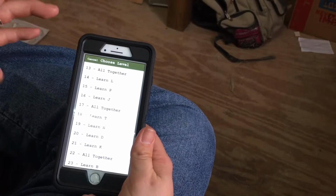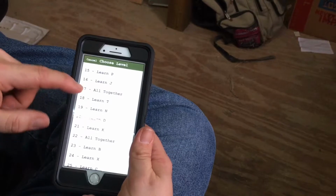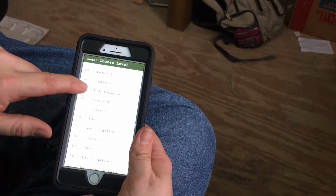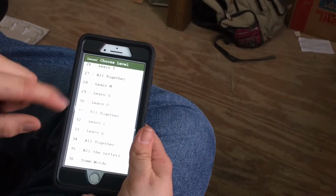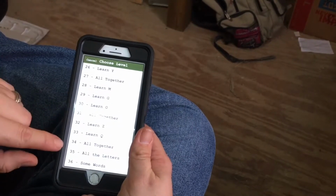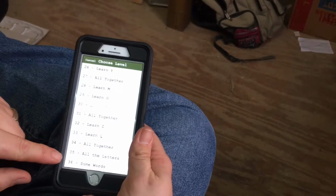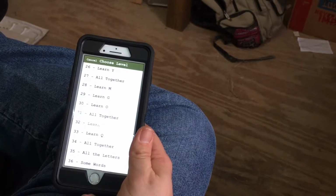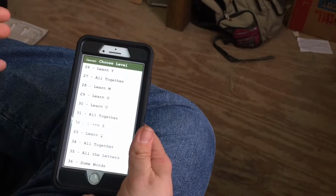And that's basically the only extra letter you get. Anything on any of the "altogethers" after level 18 is a T. So once you learn all the letters and you get past level 34, it has all the letters. Now the all letters, you'll go through the entire alphabet, A through Z,